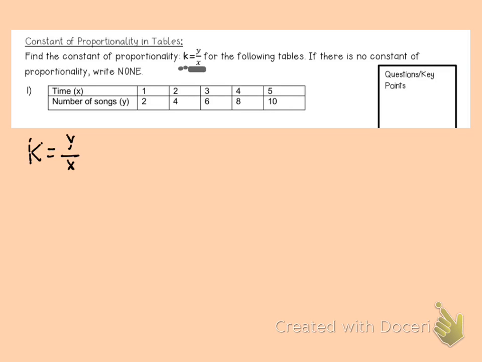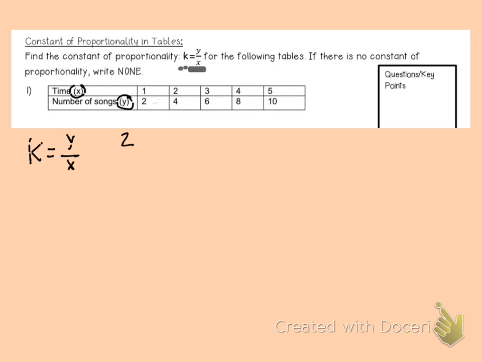k equals y over x. So if you look at the table, it shows you where your y and x values are. In this case, time is your x value and number of songs is your y value. So to find constant of proportionality, these should simplify to the same ratios. So k equals y over x for our first set right here. 2 is in the y position, and so we would write